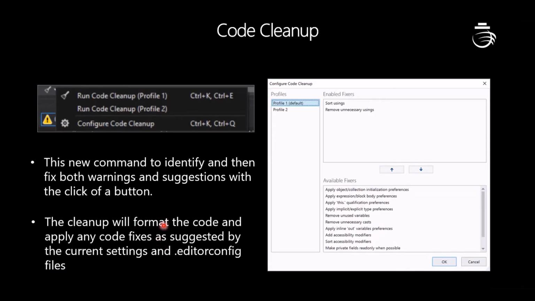As I discussed, this code cleanup fixes according to the current C# settings you have, right? Like warnings and suggestions, which are available by default. According to those settings it will fix, or else you may have an external .editorconfig also. With both of them, it will fix in that way.